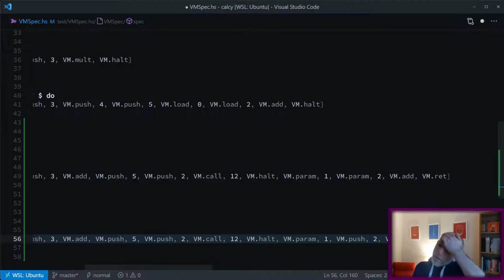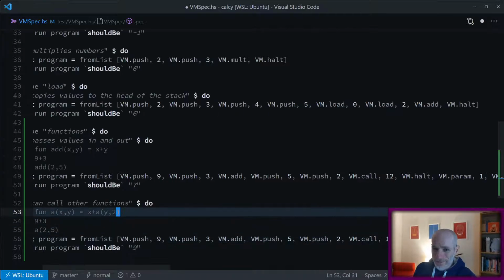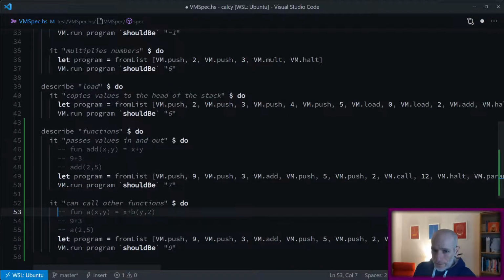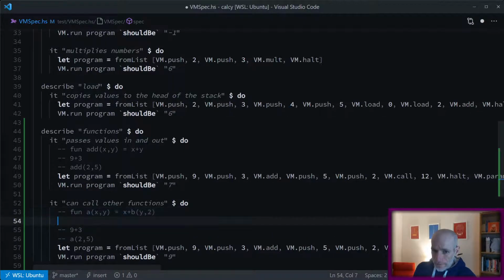Oh, no, it can't be recursive because then it'll just keep calling itself. Obviously, it's not going to work. Okay, so I'm going to make this B, I think. So we'll define B. And that's going to be a function called B, which takes 2 arguments. Again, we can call them X and Y. And that's going to be equal to,